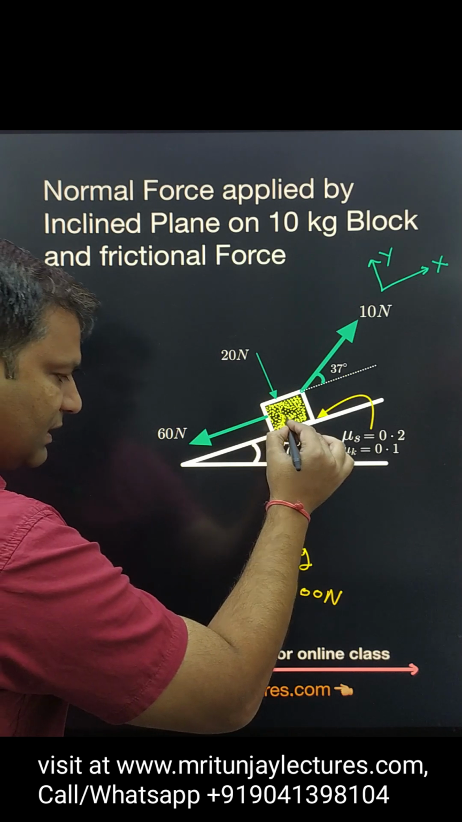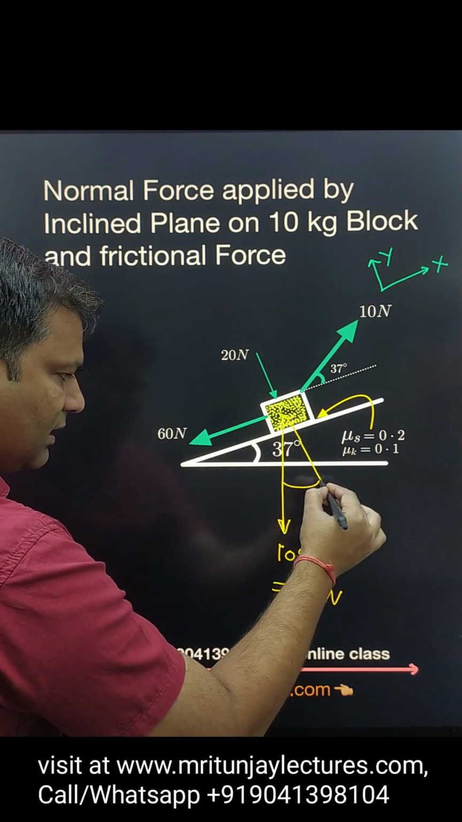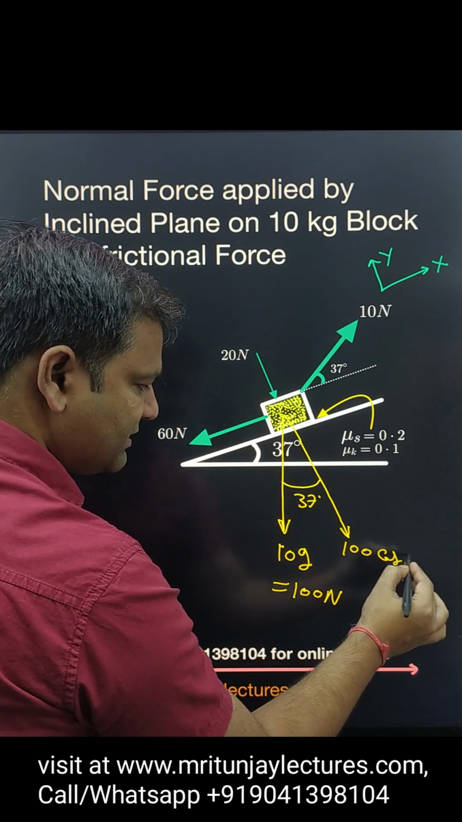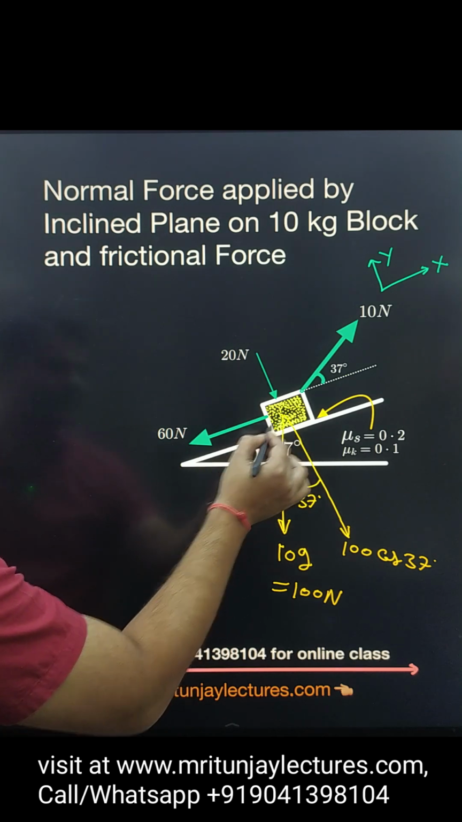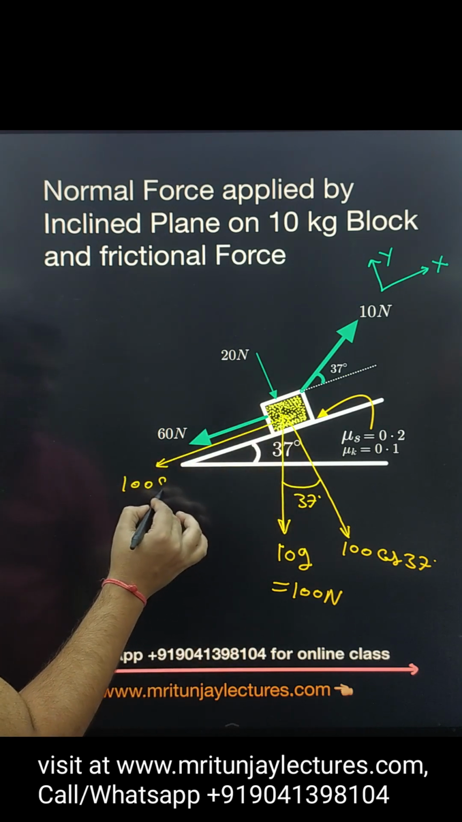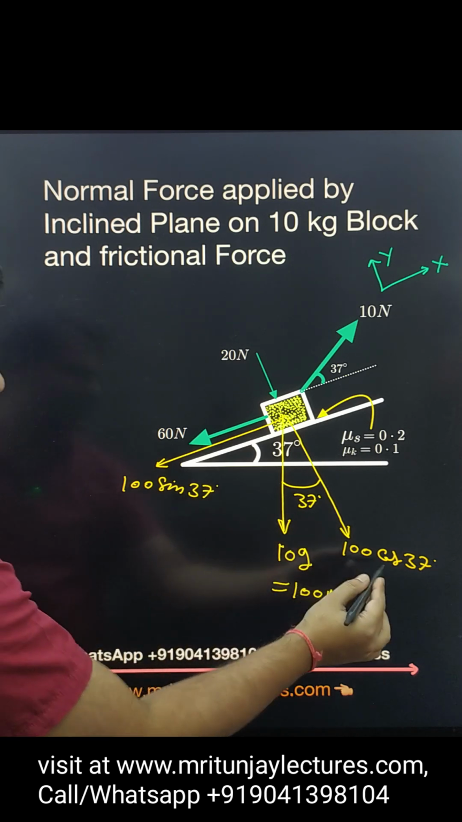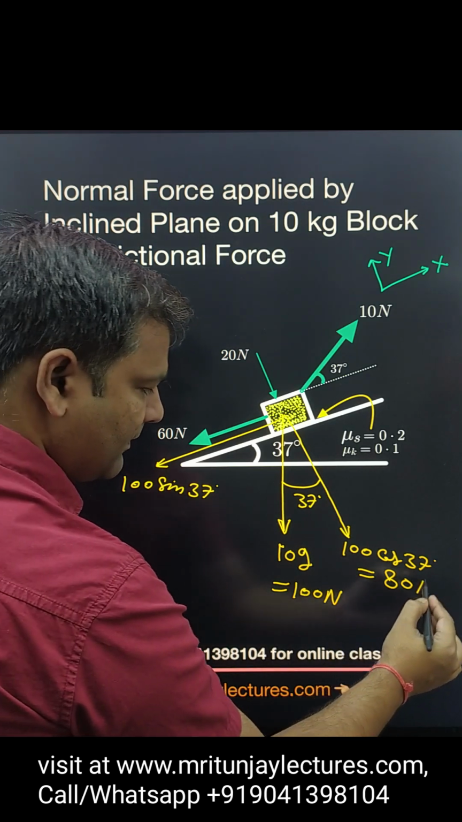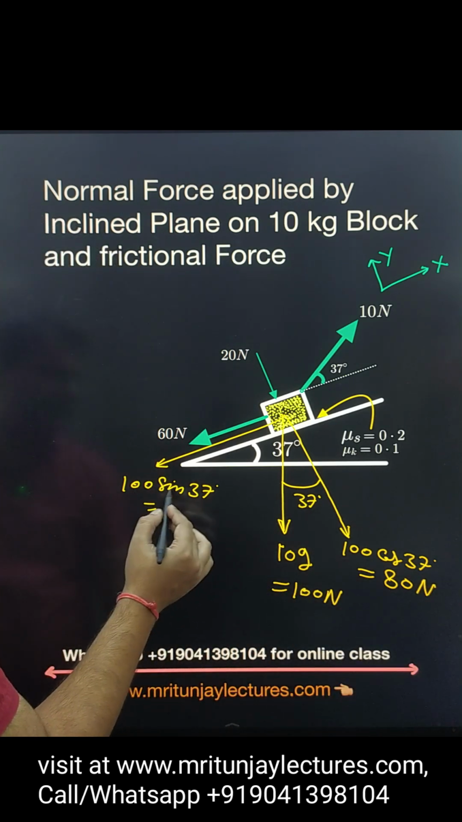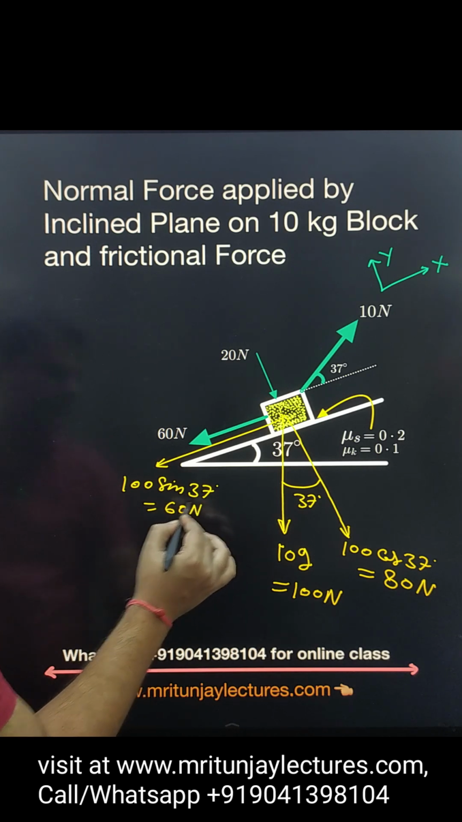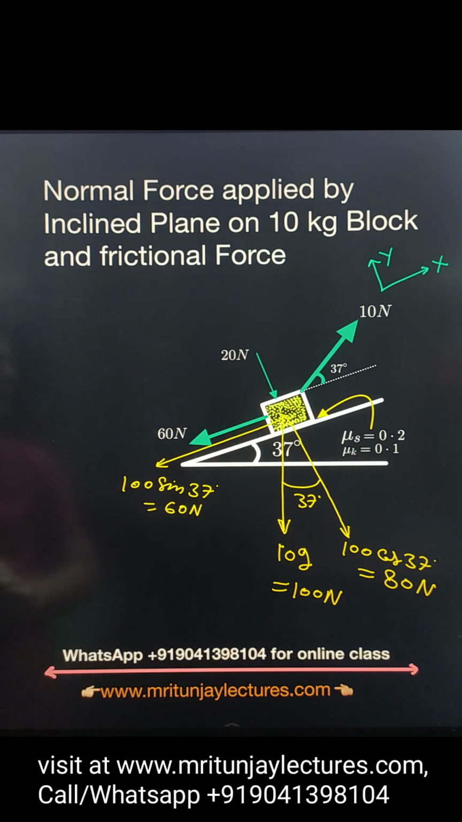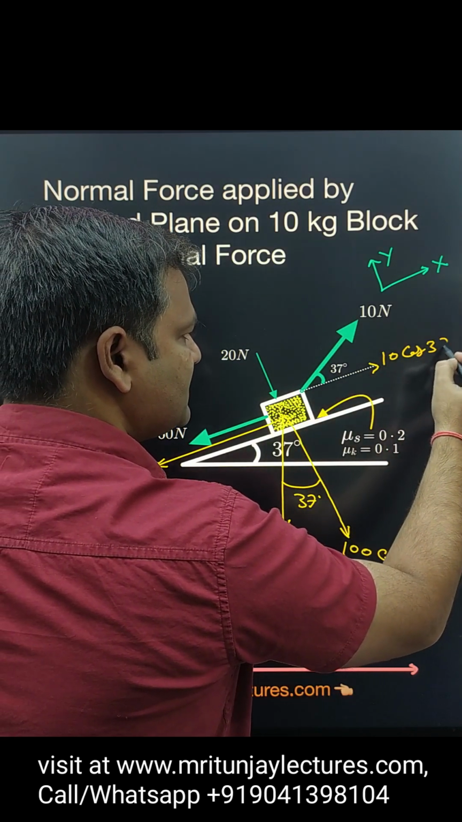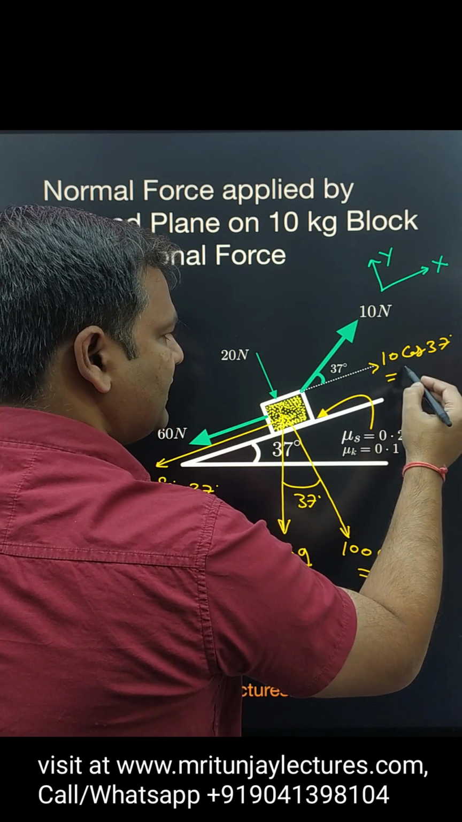Okay, the component of 100 Newton along this one, where the angle is 37 degrees, is 100 cos 37, and here 100 sin 37. Cos 37 is 0.8, so 0.8 into 100, that's 80 Newton, and here 100 into 0.6, that is 60 Newton. Okay, now the component of 10 Newton along this direction, 10 cos 37, so 0.8 into 10, that is